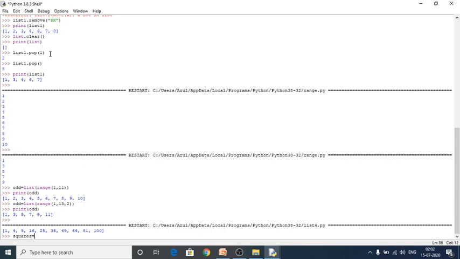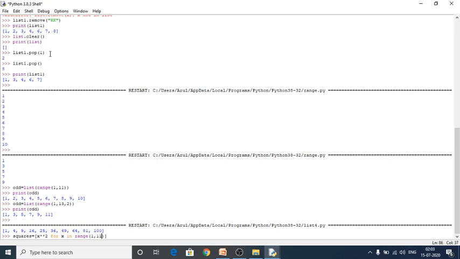So next one, squares is equal to, within the list I am going to give a condition. So for that, x double star 2, that is square, for x in range. Within the bracket I have to give start value, end value and step value.